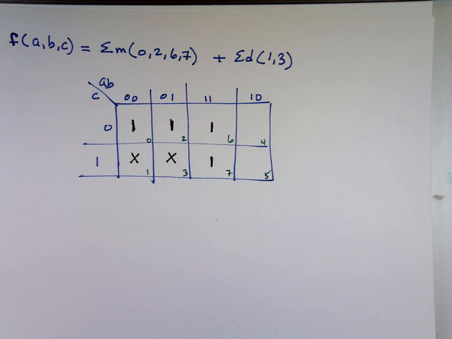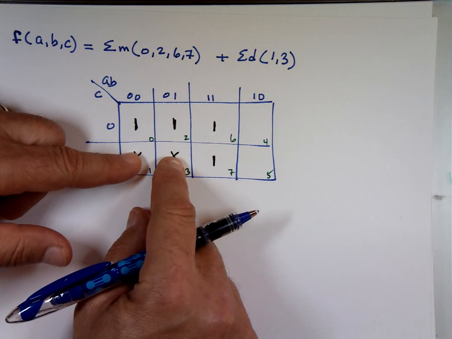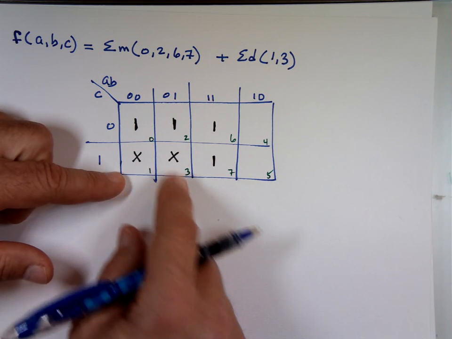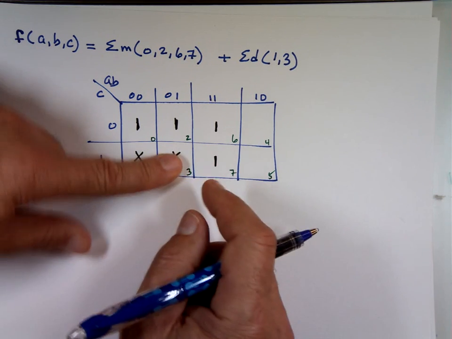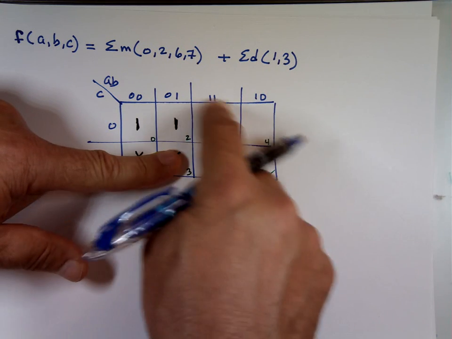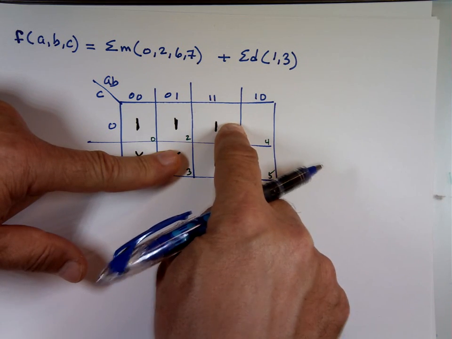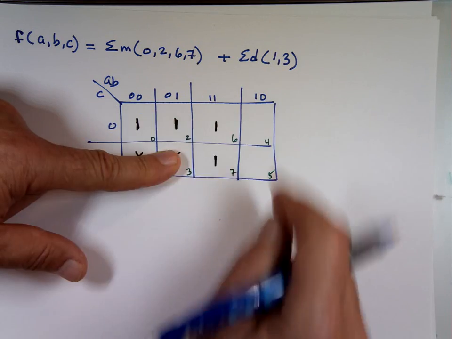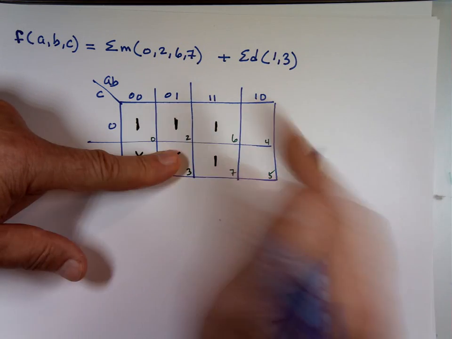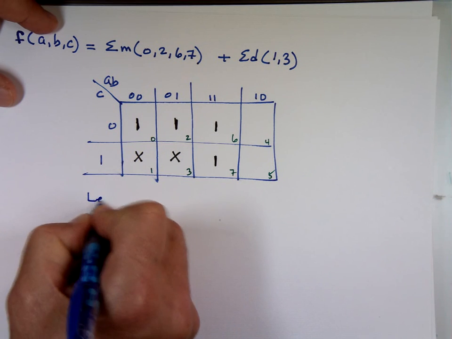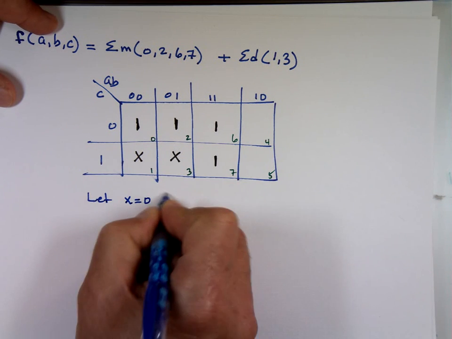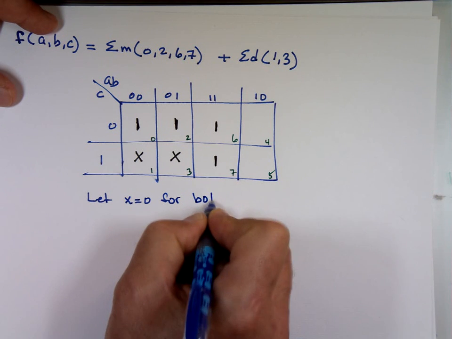Now the don't care, from the name, they can either have a value of 1 or 0. You're going to make them a value of 1 if they help you simplify your expression. So if I make them zeros and I group that, I can only take these two together and these two together. If I take these two together, what would my answer be? If I let x be 0 for both, because they can either be 0 or 1,